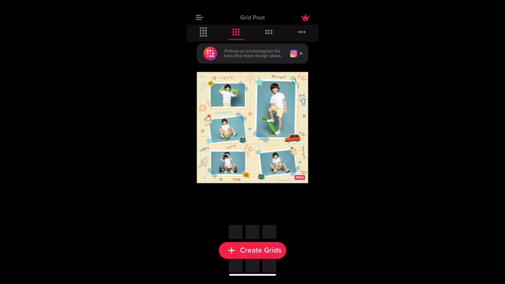In my previous post, I promised you that I was going to show you how to create an aesthetically pleasing Instagram feed